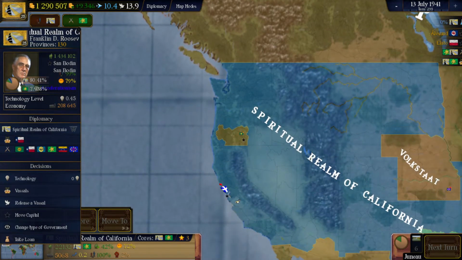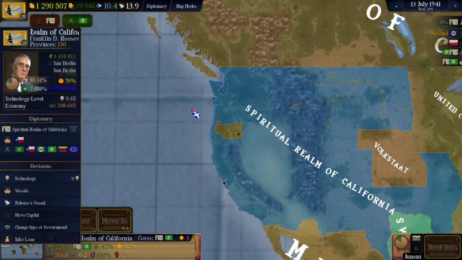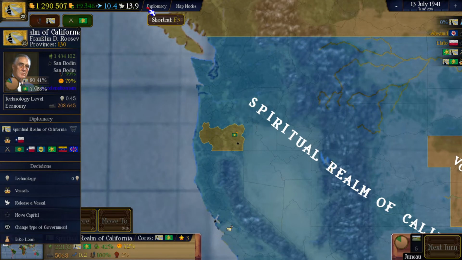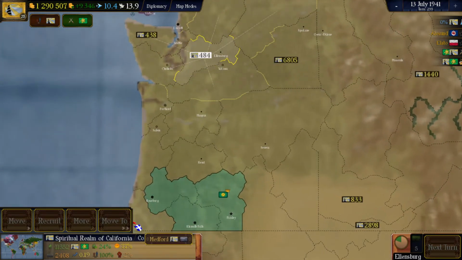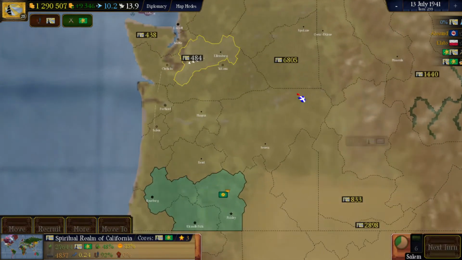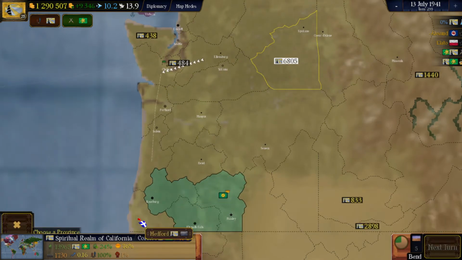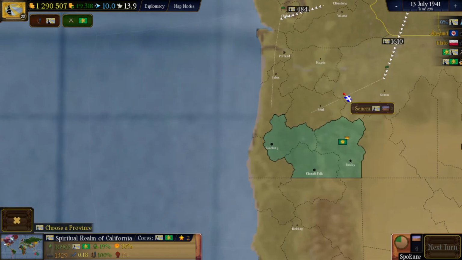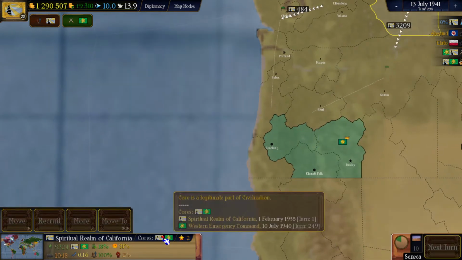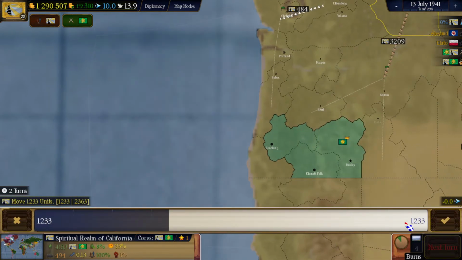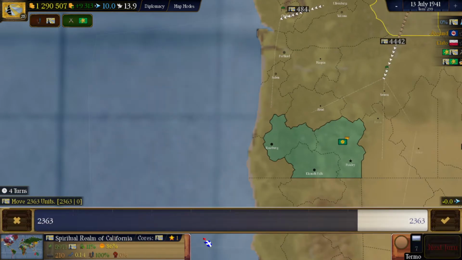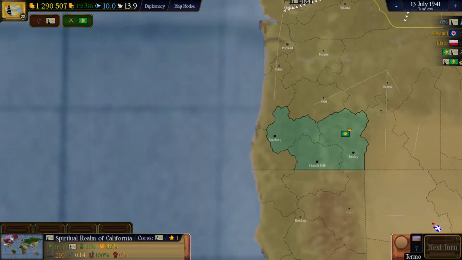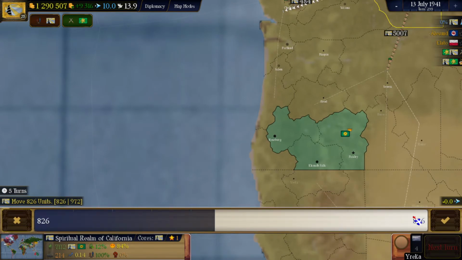Okay, so next target is of course Jefferson, because we can't really have a stain on the map like this for no reason at all. Let's put all the troops we can on all its borders so we can make some border for no reason. And then we'll be able to annex it, and then we'll be able to focus on the east. And once the focus on the east is complete, I can actually show what I'm gonna